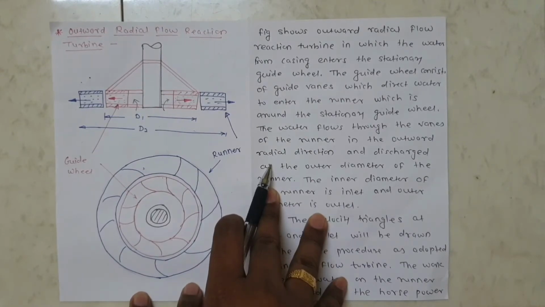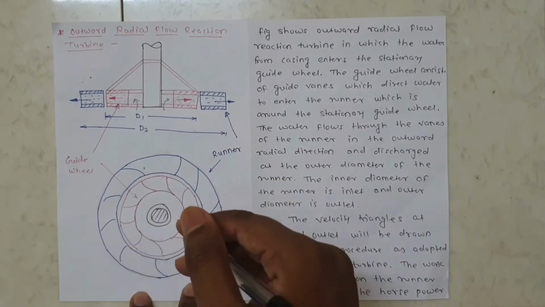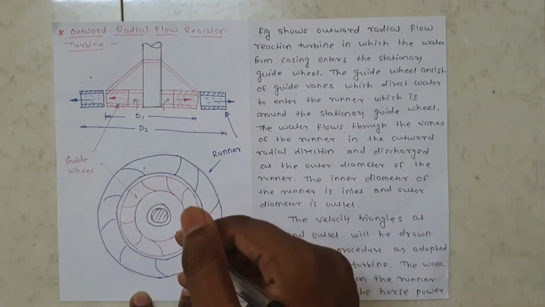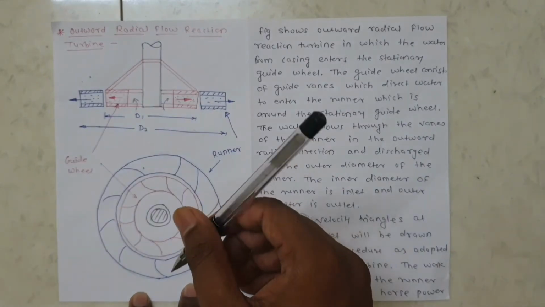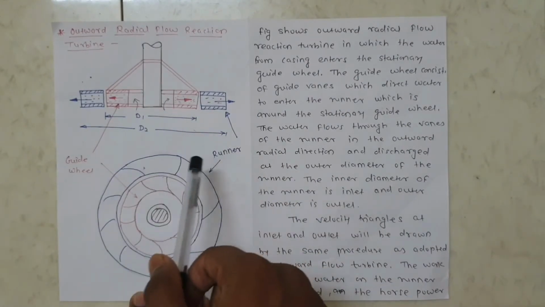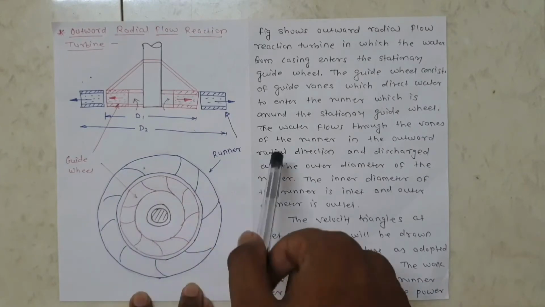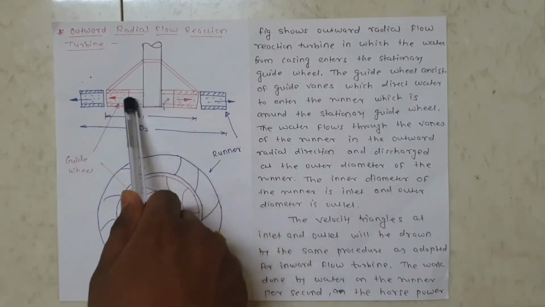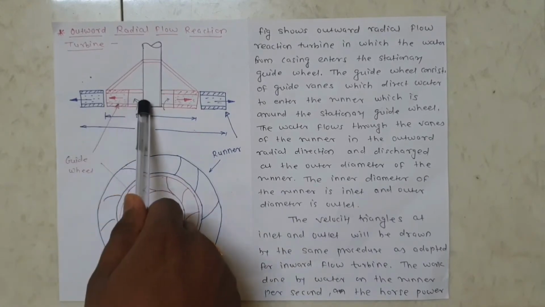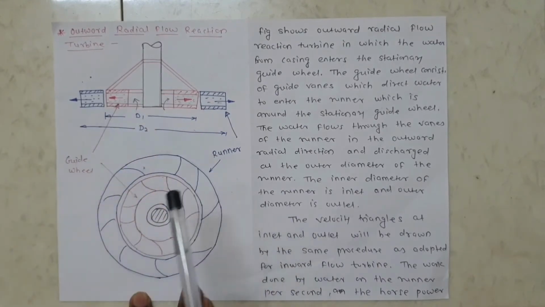That's why both are flowing in the same direction, and that's why the turbine will race. Turbine racing means the turbine gives more sound, because the direction of centrifugal force and the direction of flow of water are the same. Here centrifugal force is created away from the center and water is also flowing away from the center.